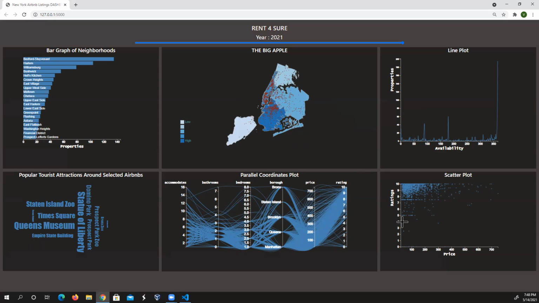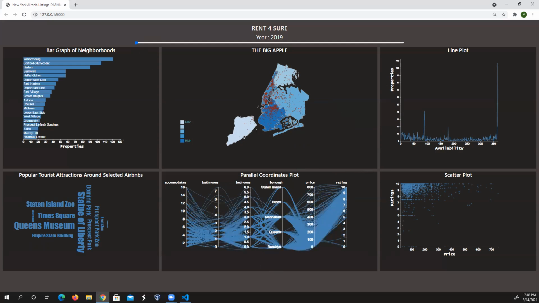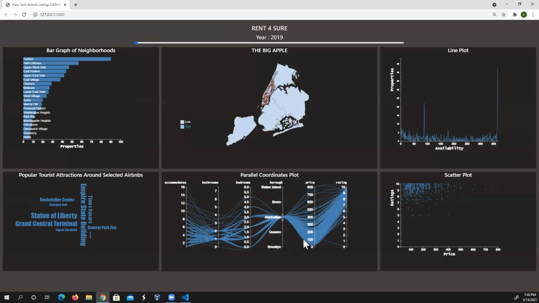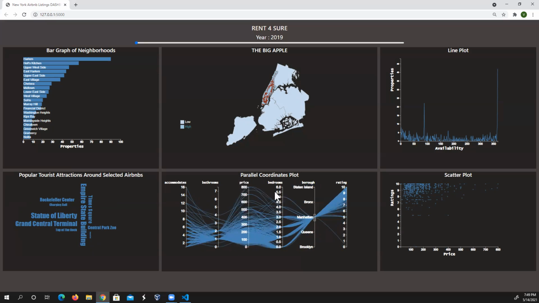There was one more thing. As Vivek had told you about the PCP, it is used for finding correlation among different attributes in the data. So let's go to the year 2019 and filter out properties in Manhattan and check if there is any correlation between the price and the number of bedrooms. To see correlation, it is a lot more convenient if you can rearrange the axis, right?